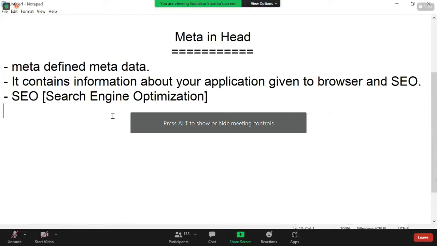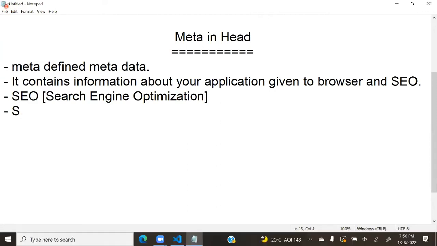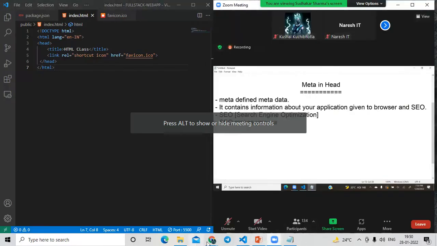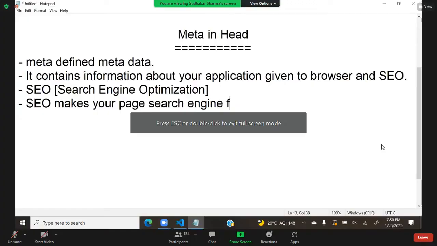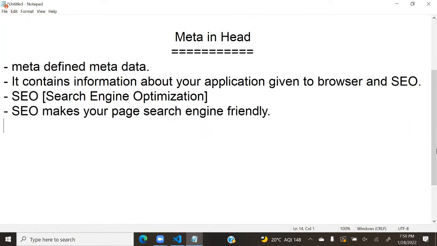So, what is that information actually? SEO makes your page search engine friendly, so that search engines can easily find your page.